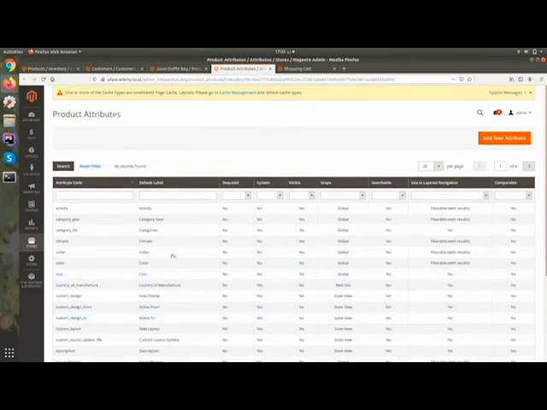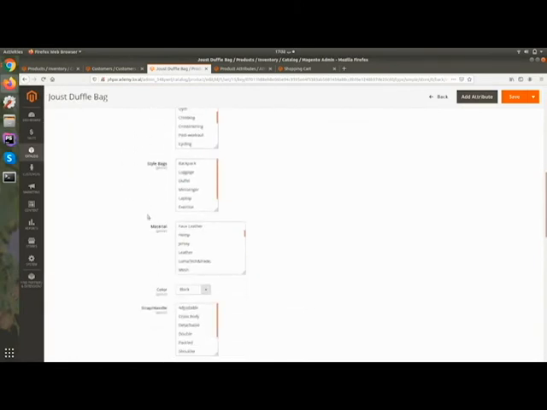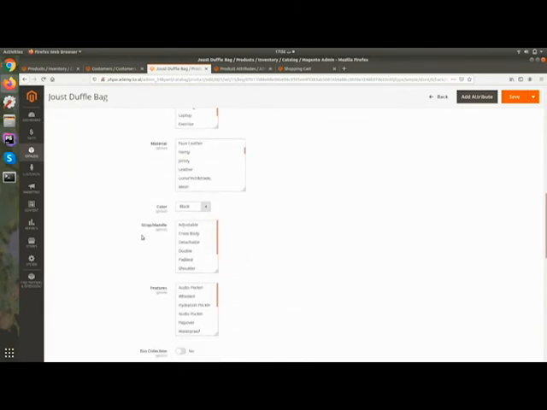I will create a separate video for all this, because this will also be a long process. For now I will just explain that these are attributes which are required for the particular products. For example, I told you that for a t-shirt you can have a color, you can have a size. So color and size both are attributes. You can see here color, and in color we have multiple options as well.